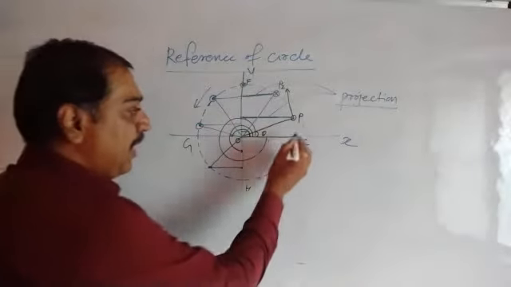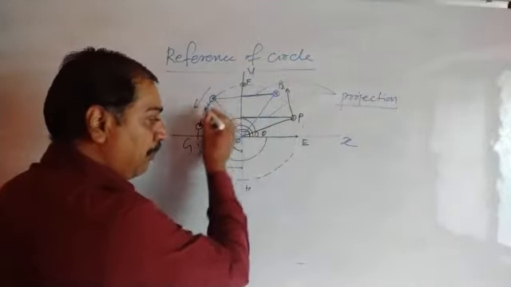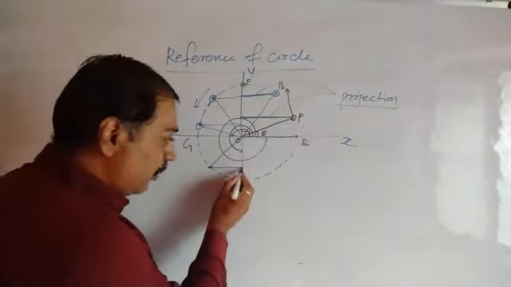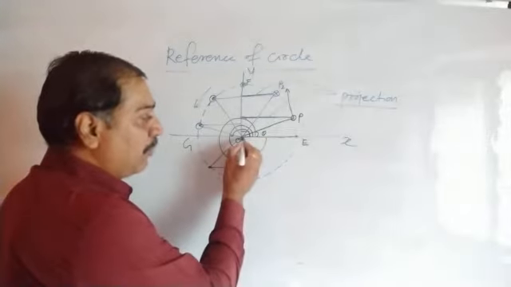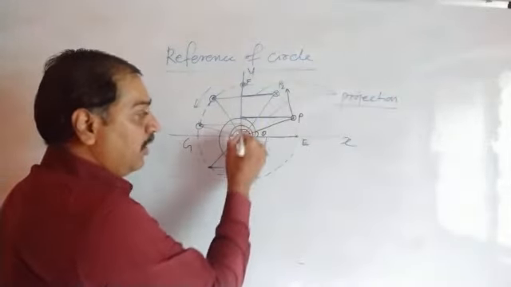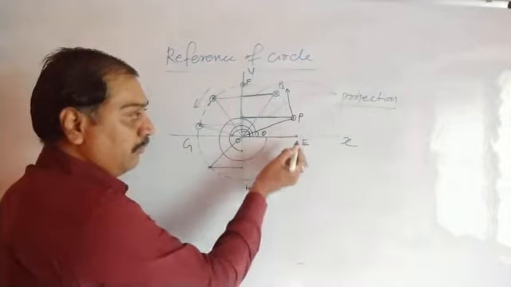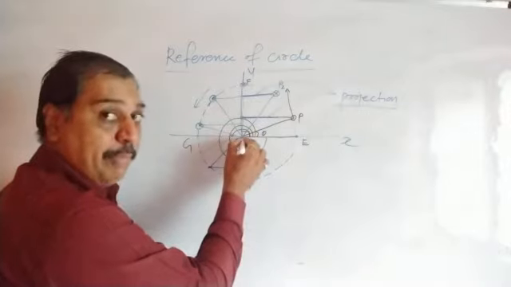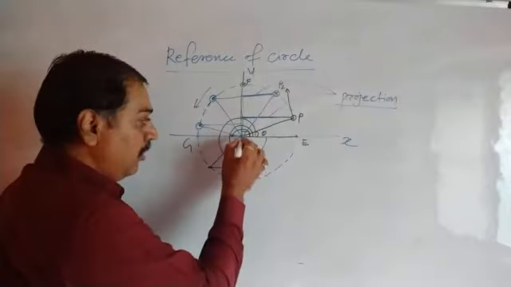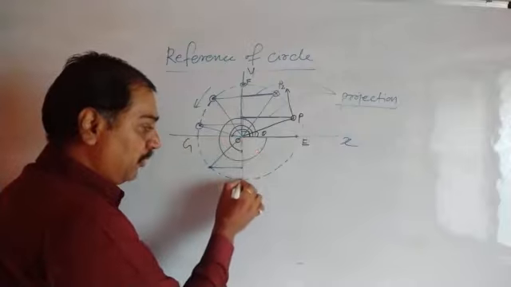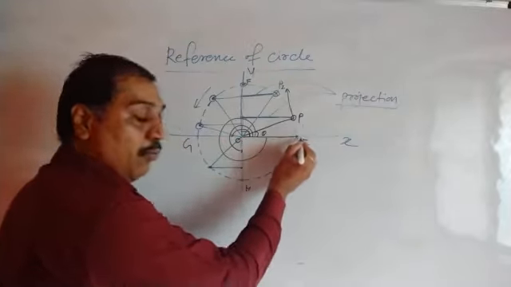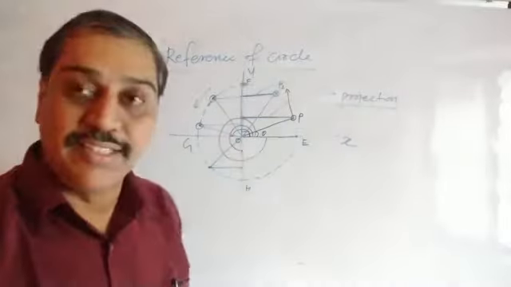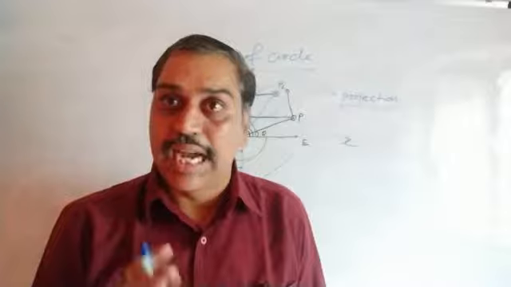In short, when the particle starts from E, it will complete one rotation and come back to E. What will this projection do? Initially the projection starts here. It goes here, the projection goes up to this. When the particle comes up to this, the projection comes back to this. Okay, half part is completed. When the particle goes here, the projection goes from this to this point. When the particle comes at E, one rotation gets complete and this projection moves from this to this place. That means one oscillation gets complete. That is what I would like to tell you.